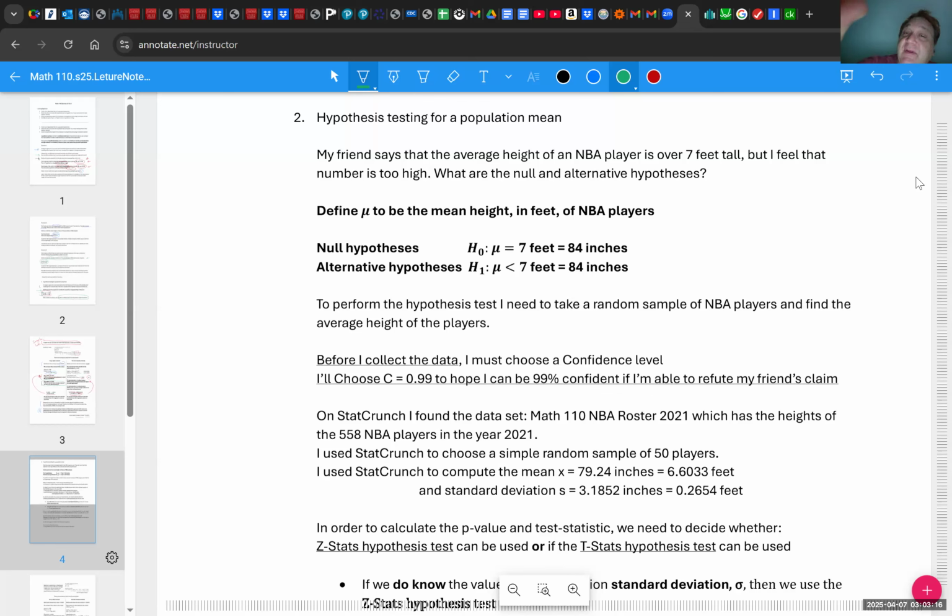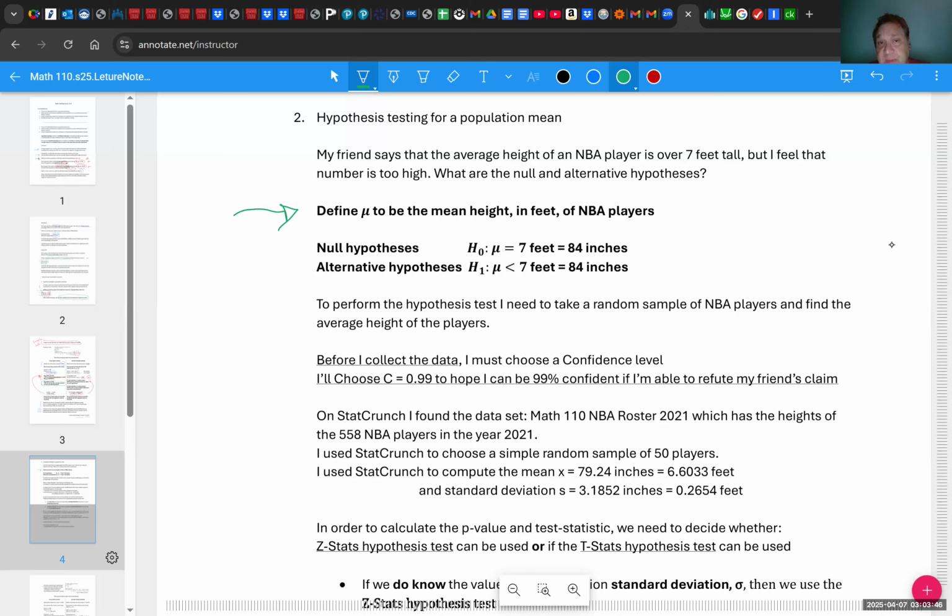All right, so the example that I gave a couple pages ago was: suppose my friend says that the average height of an NBA player is over 7 feet tall, but I feel that this number is too high. What are the null and alternative hypotheses? Well, we need to define a variable. So always make sure you define a variable. In this case, we're going to use the variable mu. That's the letter that stats people use for the